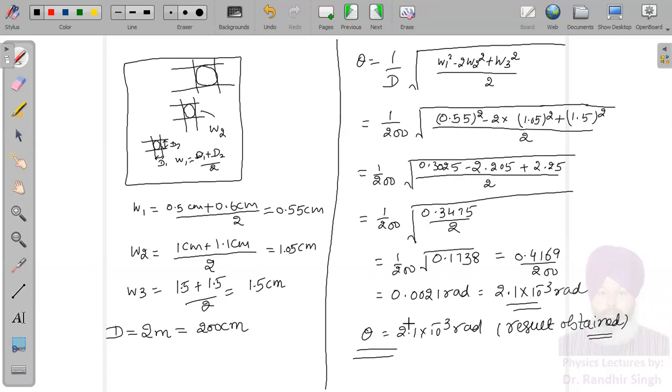Yes, sir. Why 2 meter? Why did we take it? We took it by our own choice. We displaced the screen by 2 meters every time. This is arbitrary. You could have chosen, when you visit the laboratory, you can choose that I will not move the screen by 2 meter, I will move the screen by 1.5 meter. Even then it will be okay. This is your own decision.